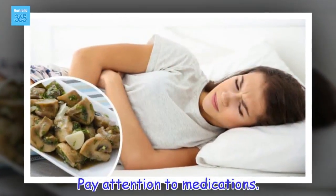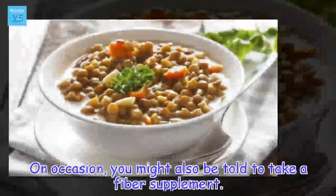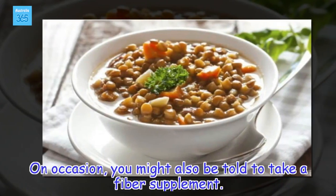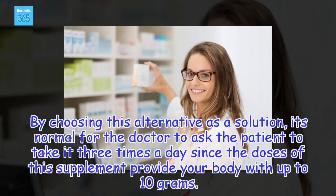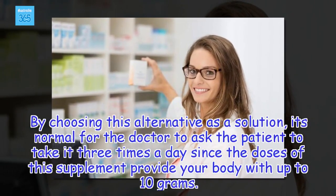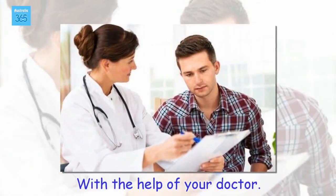Pay attention to medications. On occasion, you might also be told to take a fiber supplement. By choosing this alternative as a solution, it's normal for the doctor to ask the patient to take it 3 times a day, since the doses of this supplement provide your body with up to 10 grams. With the help of your doctor,